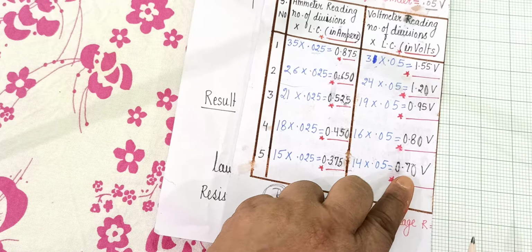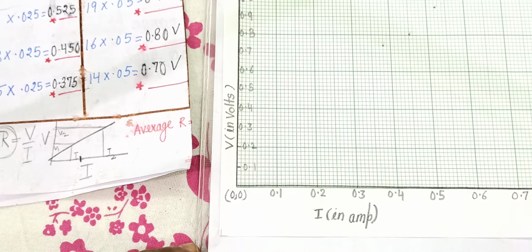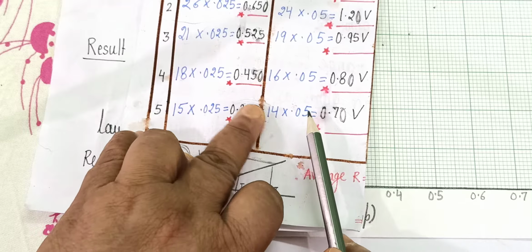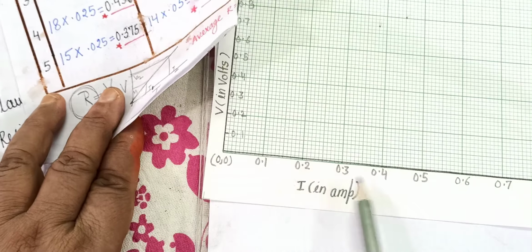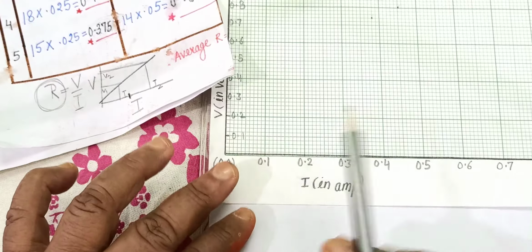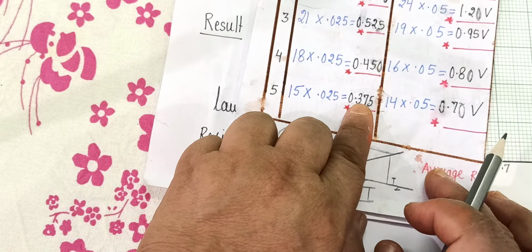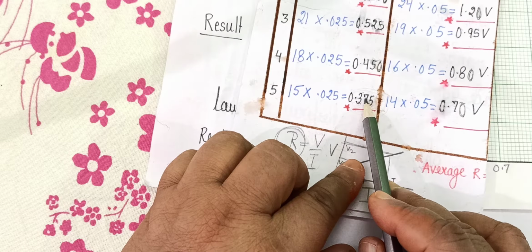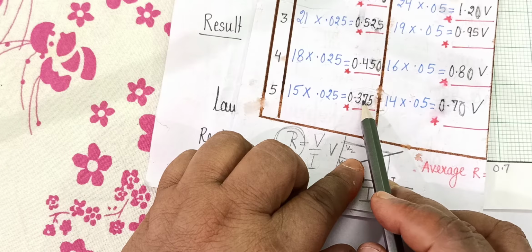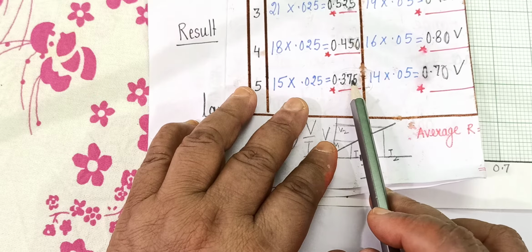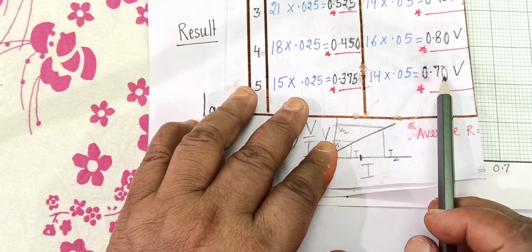So the first point is 0.375 and 0.70. Now see, if we pay attention, we can understand that we cannot plot 0.375. We have to round it off while plotting it, because the third digit we cannot plot, whatever scale we have taken. So 0.375, if you round it off, since here is 5, the 7 with an increment of 1 will become 8. So this will become 0.38. So actually we are going to plot 0.38 on x and 0.70 on y.